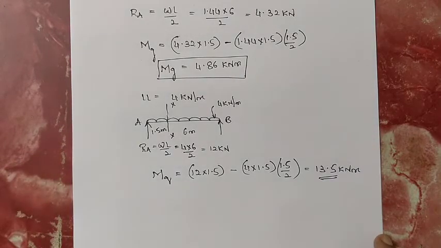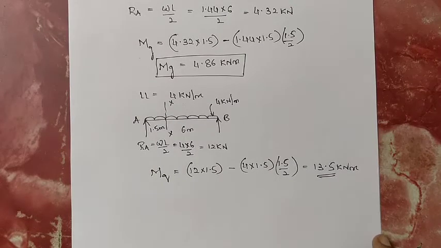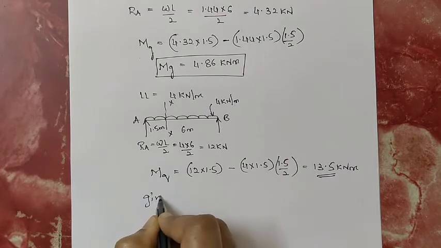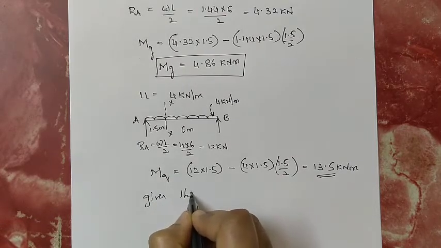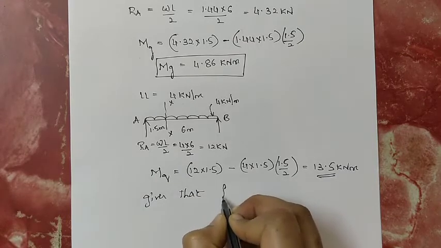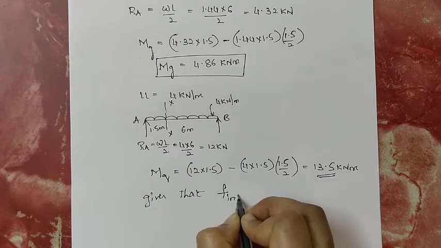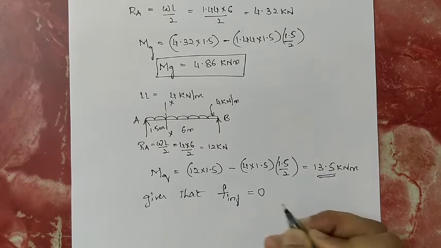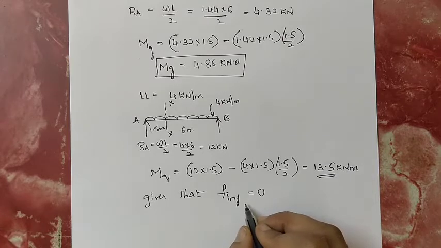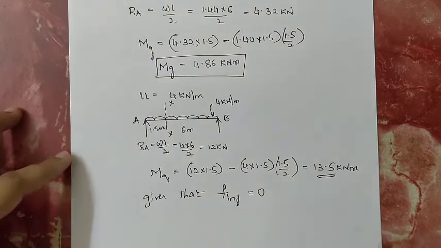Okay, next you need to calculate what? Concentric pre-stressing force, and the condition they have given is when the resultant bottom fiber stress equals 0. Bottom fiber stress is denoted by F inferior or F bottom equals 0. Using this condition, you need to calculate the concentric pre-stressing force.